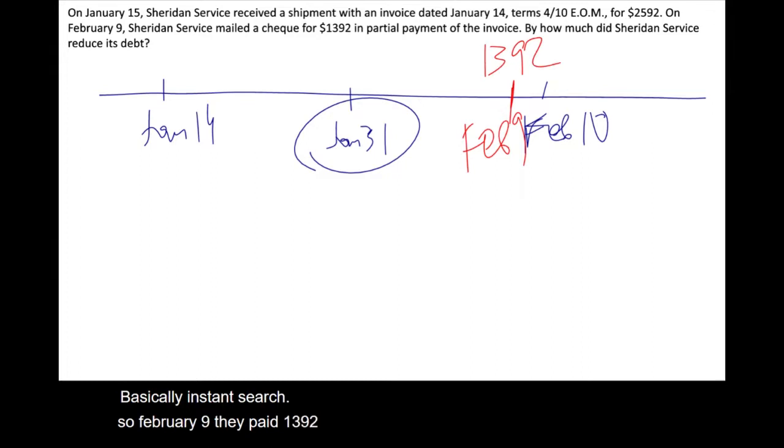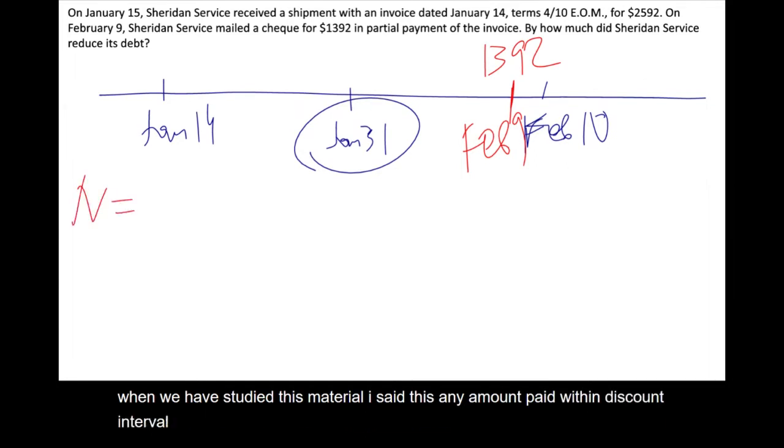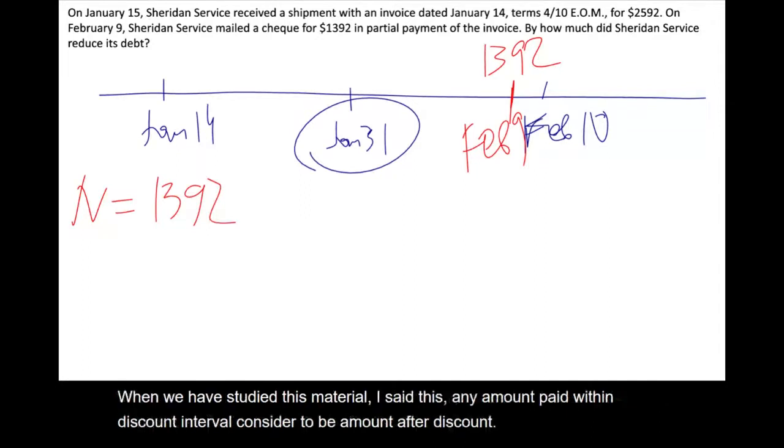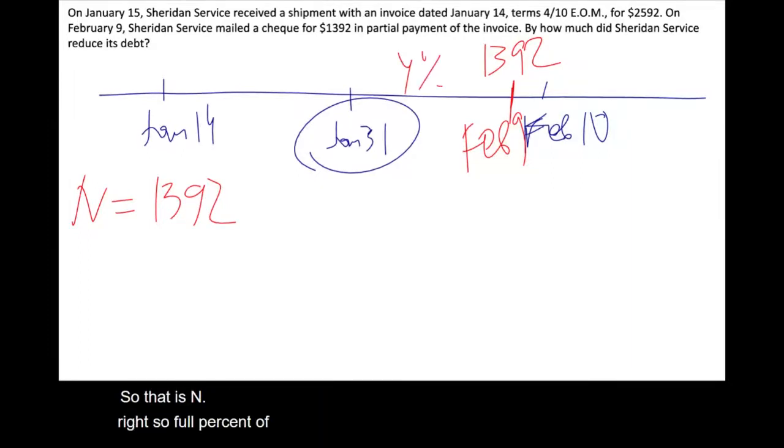Now, remember what I said when we studied this material? I said this: any amount paid within the discount interval is considered to be the amount after discount. So that is N, right? So 4% discount, and L will be